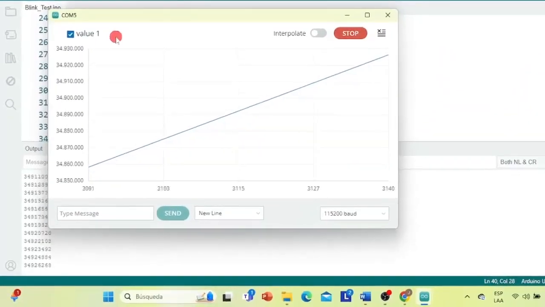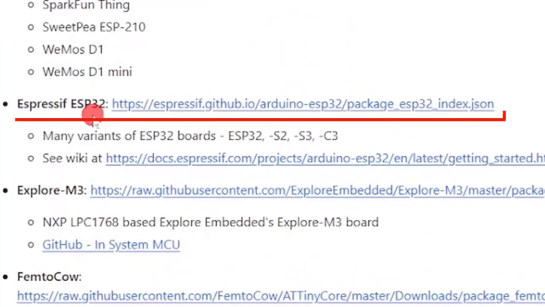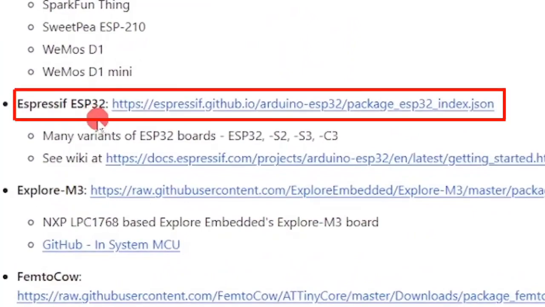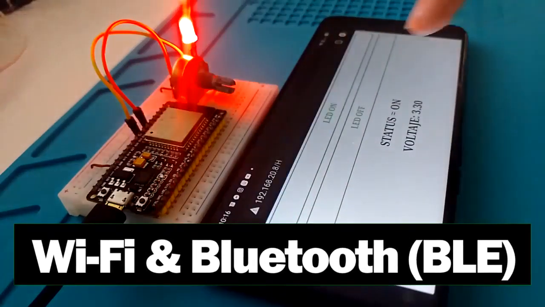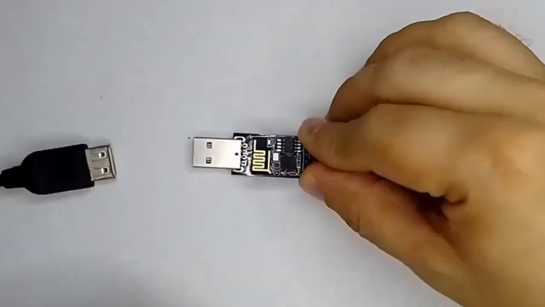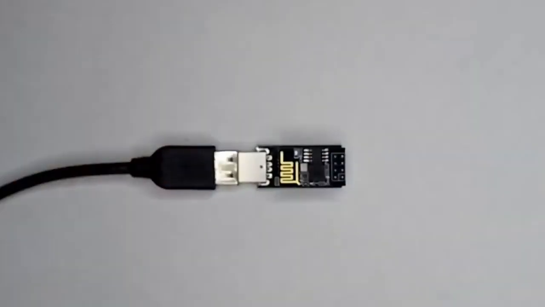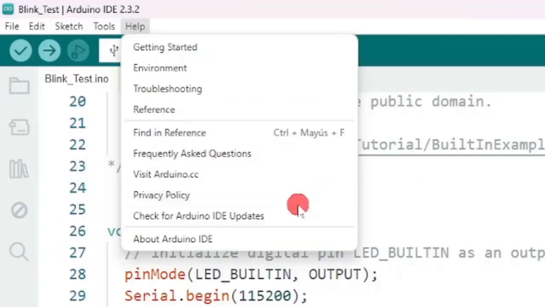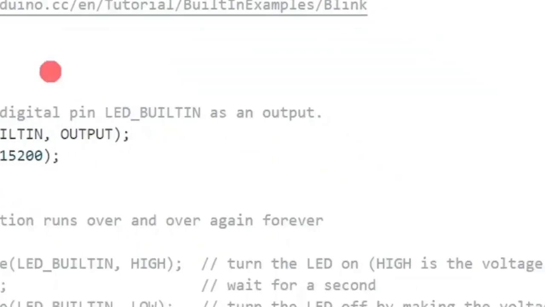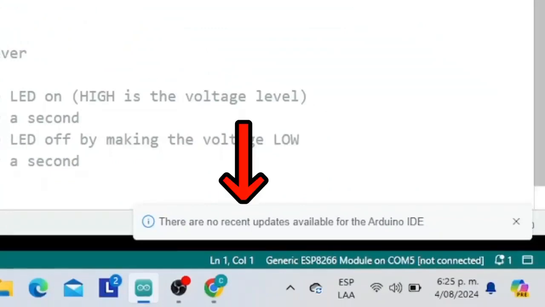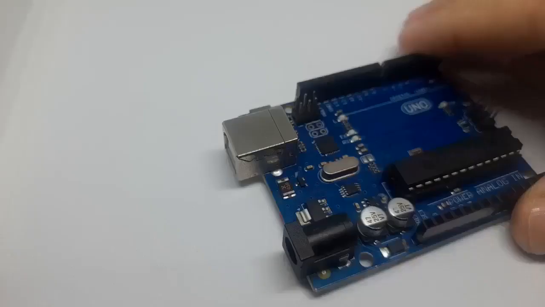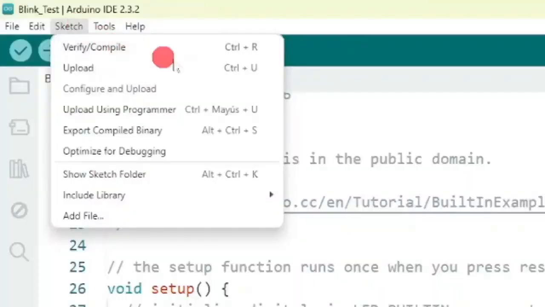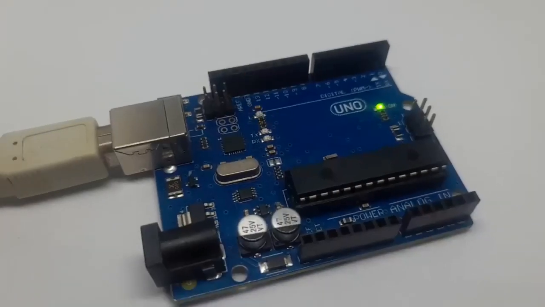And the serial plotter. Where and how to install resources to be able to program boards from manufacturers other than Arduino, such as the ESP32, or the ESP8266. Where to find documentation on Arduino programming. Where to check and update the Arduino IDE, without losing anything that has been developed up to that point. All this and more, in this video where we will learn about all the functions that the Arduino IDE development